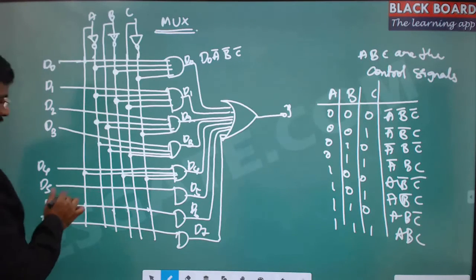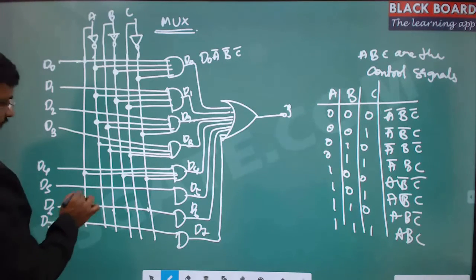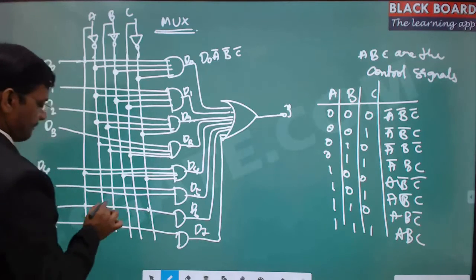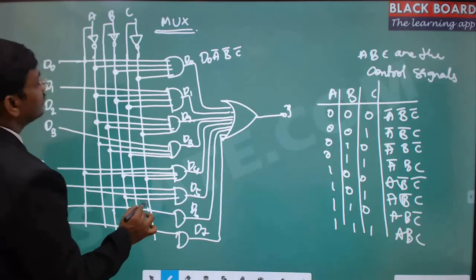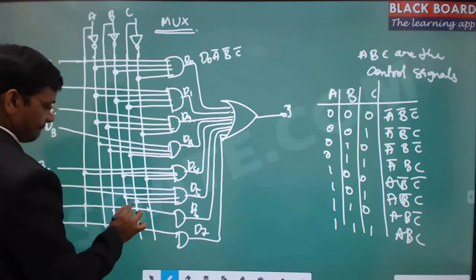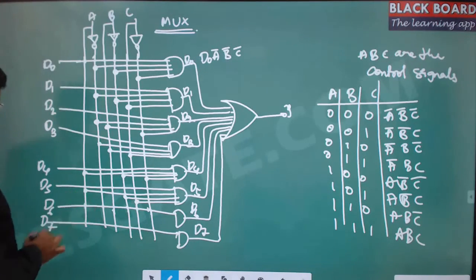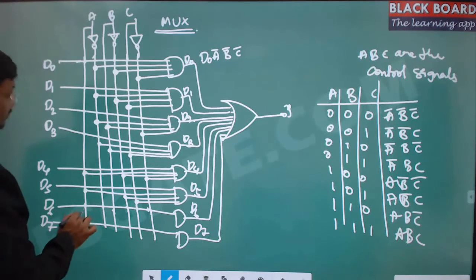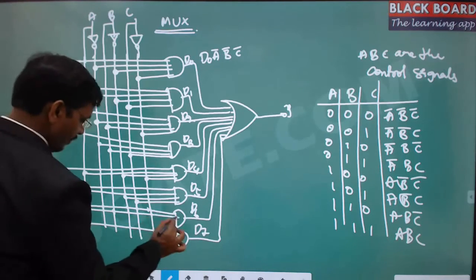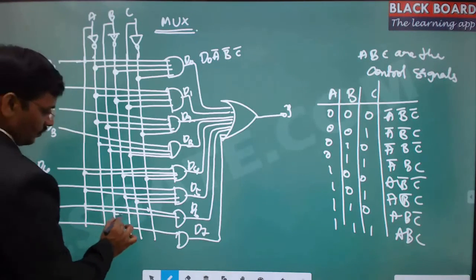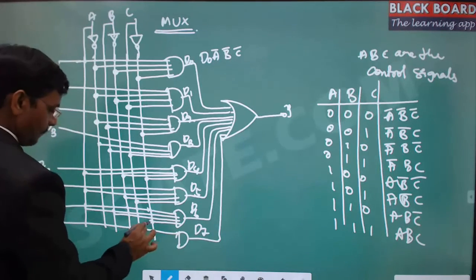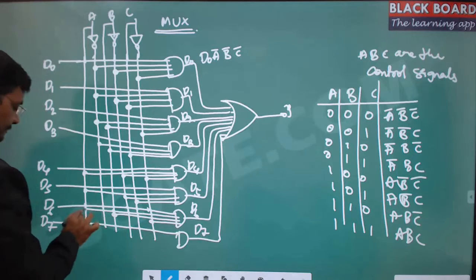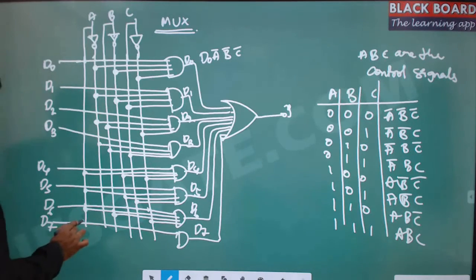D5 is 1, 0, 1, A, B bar, C. D6 is 1, 1, 0, A, B, C bar. And D7 is 1, 1, 1, A, B, C.